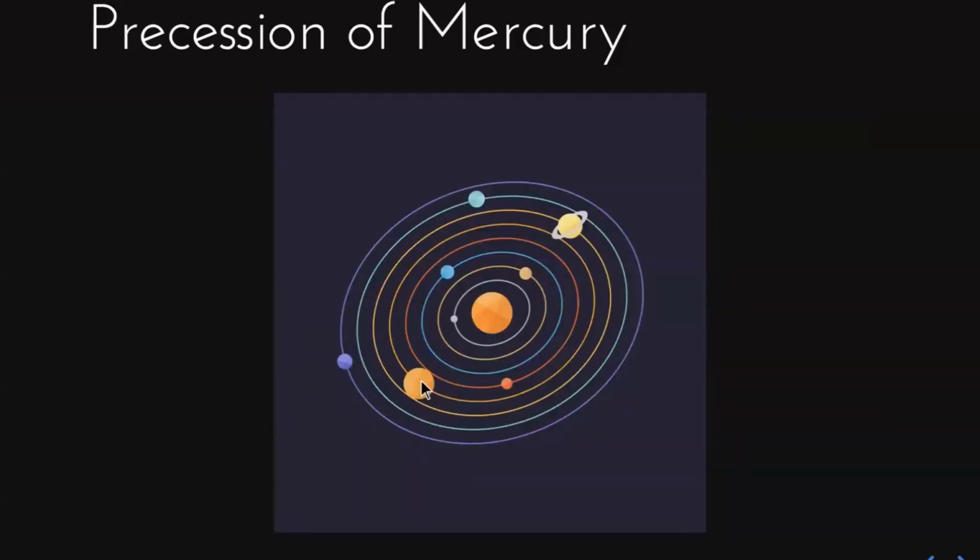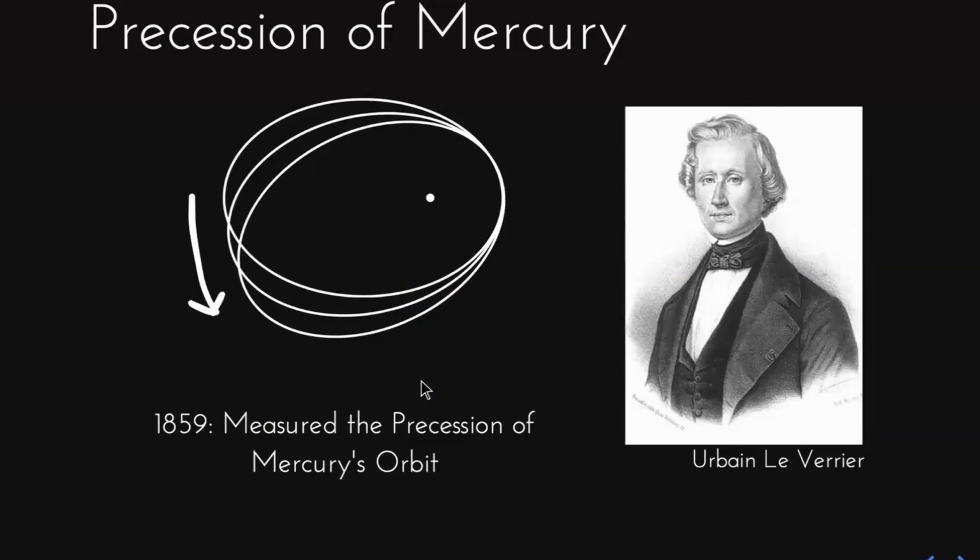The problem is that that's only true if there are only two bodies. And in our solar system, there aren't just two bodies. There's the sun, and all of the other planets, and the other planets act to perturb that perfect system. If it was just this perfect system, you would have a perfect elliptical orbit and nothing would ever change. Because there are all these other objects, you actually get precession movement of the orbit due to all these other